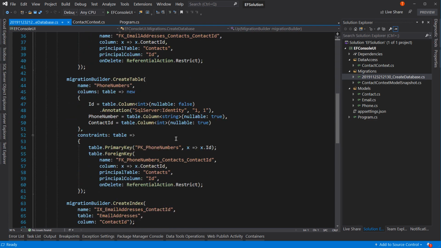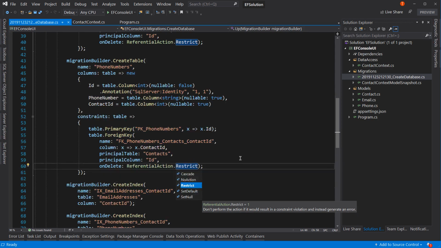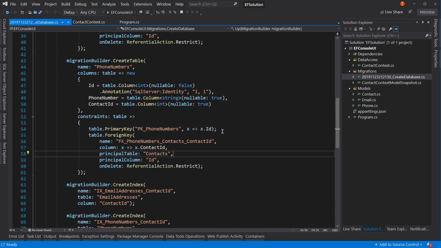So this is the email address, this is the phone number. So restrict. What this does is it says don't perform the action if it results in a constraint violation, instead generate an error. But what it's doing, since this allows